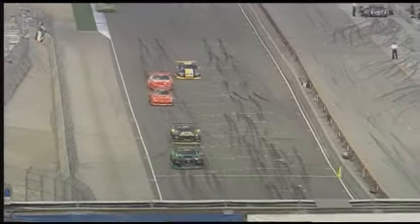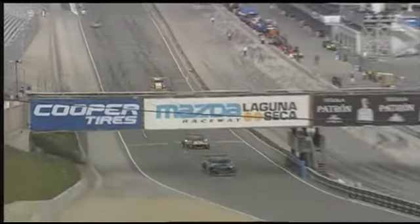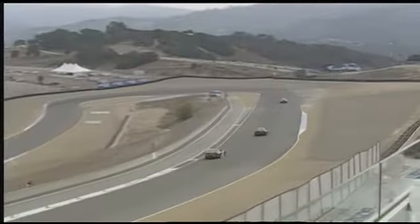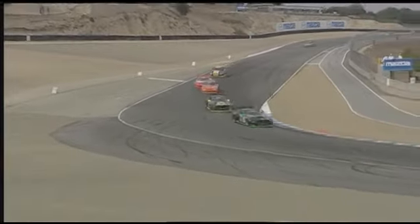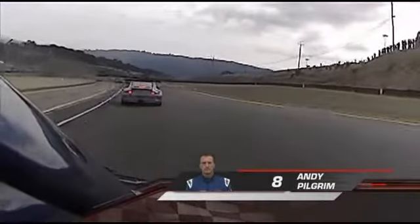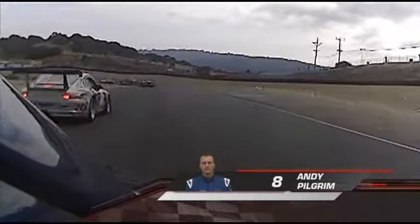Meanwhile, we watch Curran. He's in front of the number 1 of Popes. Popes gets out of the turn well in that blue and yellow Volvo, but now Curran, that big V8, starts to thump it up just a little bit, draws away, takes a run at Rivera. He's there. Rivera has to protect to keep Popes behind him, and we go back on board with Andy Pilgrim